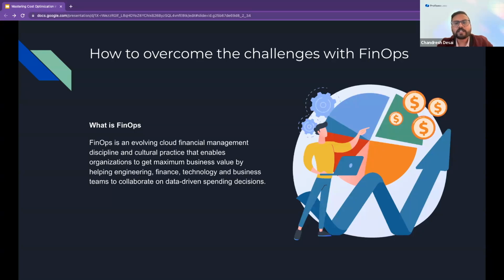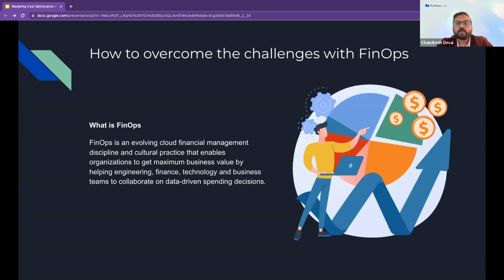As we see, there are cloud challenges related to cloud financial management. FinOps is a one-stop solution for many cloud cost challenges. FinOps is a cultural practice. FinOps can help you engage multiple teams, like the finance team, engineering team, and business and technology, so they all work together, make good business decisions, and get the best business value out of the cloud.